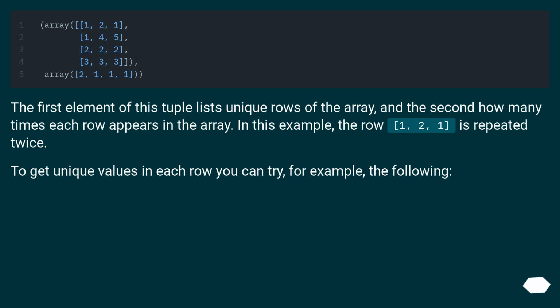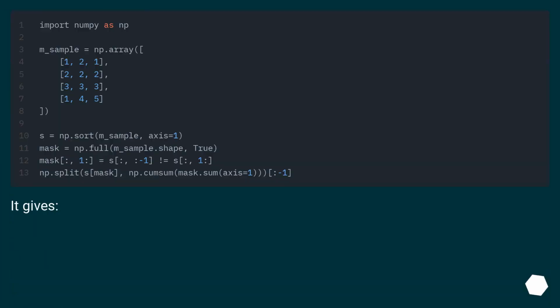To get unique values in each row you can try, for example, the following. It gives